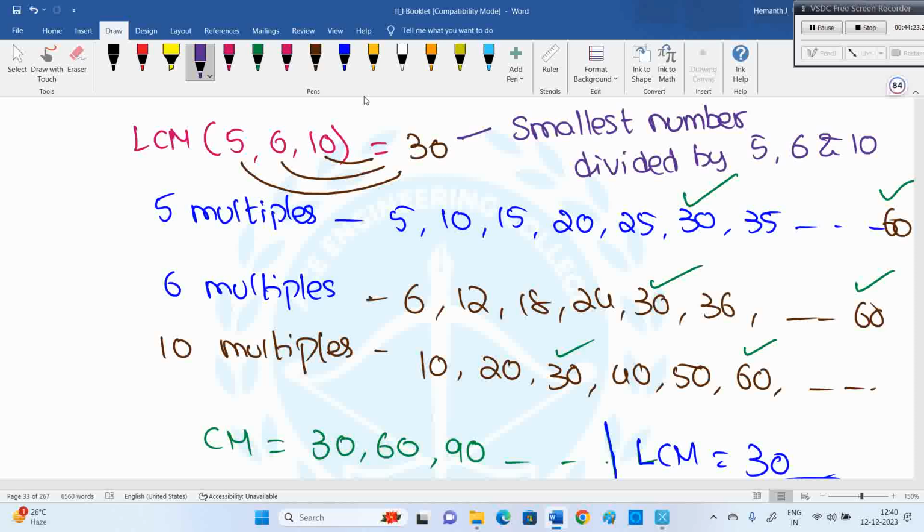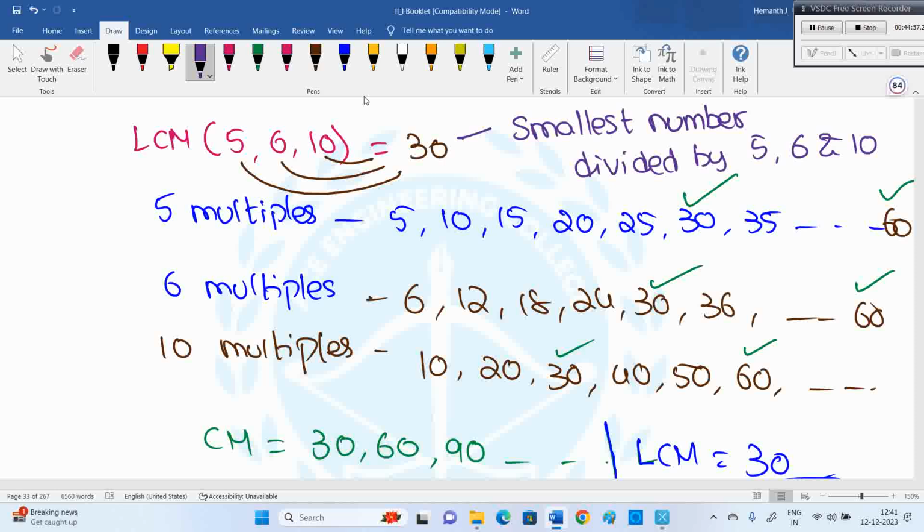You see if the option is divided by 5 or not. If not divided by 5, remove. Option should be divided by 6. If not divided by 6, remove it. If there are two options divided by 5, 6 and 10, then which is least among those is the answer. You can do option verification also. So divide by 6 rule I don't know. 6 is divisible by 3, right? Check divided by 3. If the answer is not divided by 3, remove it. If options are given, I'm talking about, you need to check the least number or smallest number which is divided by 5, 6